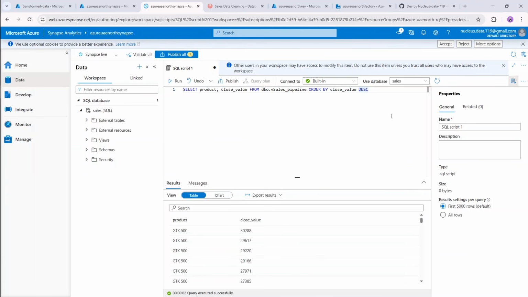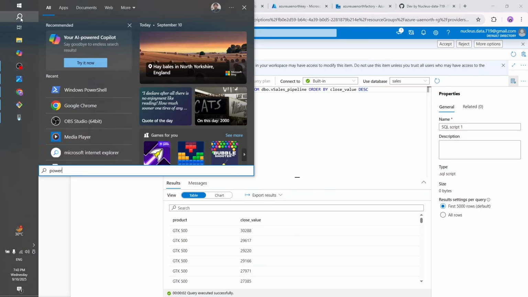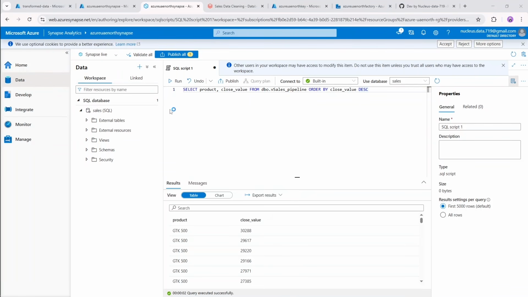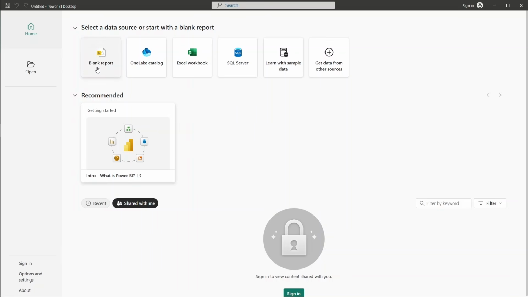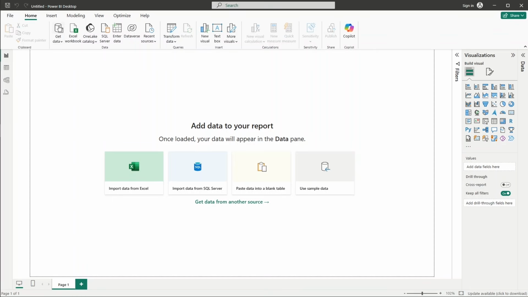Now for the final part, we will send the transformed data to Power BI and visualize our data there. So now let's search here Power BI, Power BI desktop. Once Power BI opens, click on blank report. Now we have to get the data. So click here, get data, more,